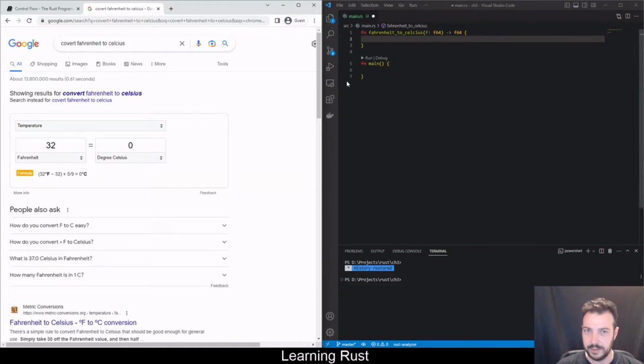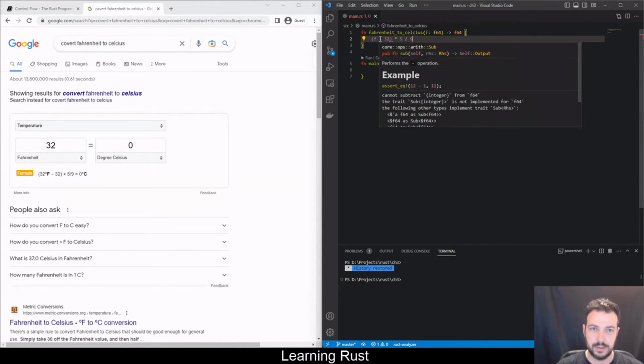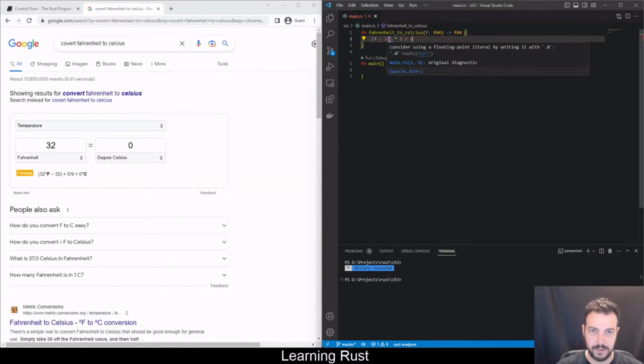And this is the formula. We don't have to return because we saw that the last expression is the return. So we do this times 5 divided by 9. Of course, we need to have it in f64. So f64, and then we can print